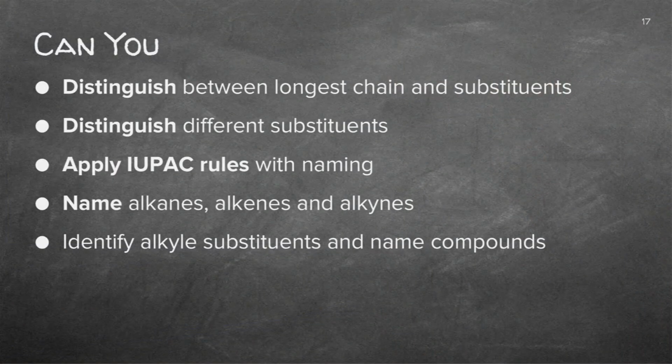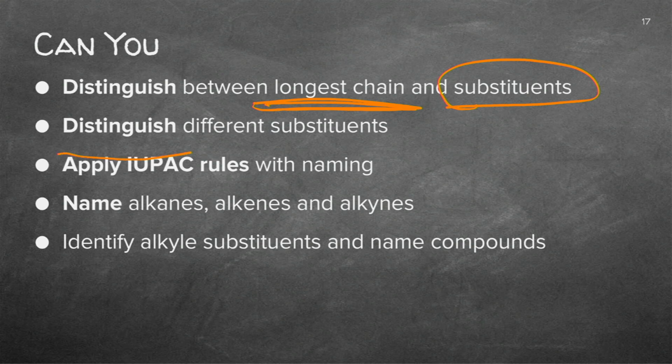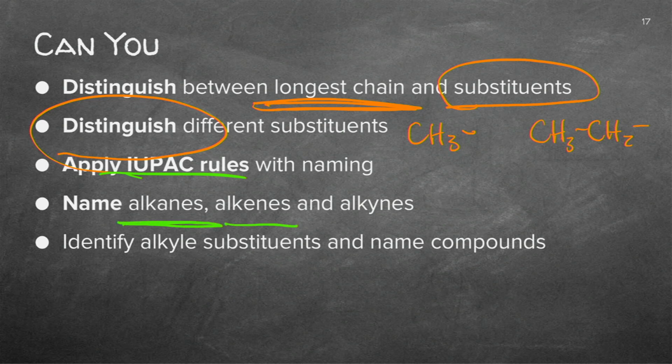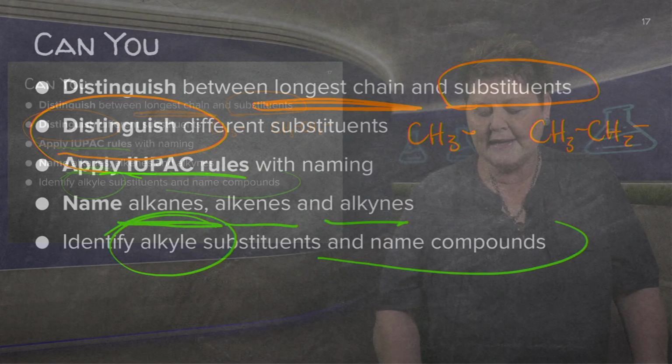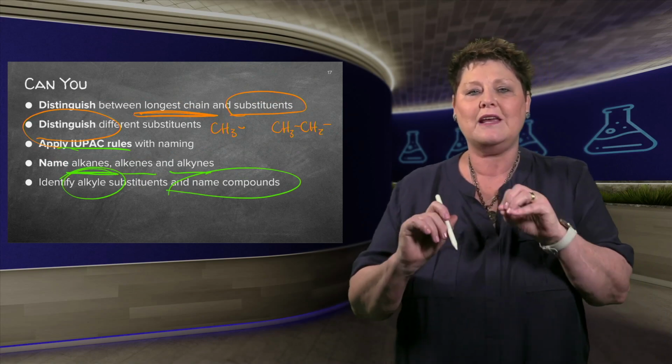Right, let's see. Can you identify the longest chain? And when you've done that, see what's been added, the substituents. Distinguish the different substituents. For now, we did, for instance, the methyl or even the ethyl. And you'll be able to do the others later on when we've done them. You've got to be able to apply IUPAC, not your own John rule or Mary's rules, IUPAC rules. You've got to be able to see if it's a single, a triple, and a double bond. And then, guys, adding the alkyl group and naming the compound, commas, dashes, everything.